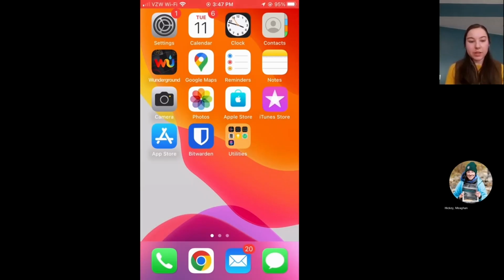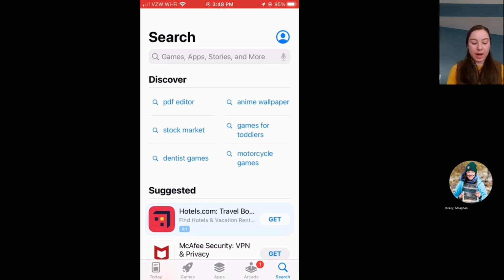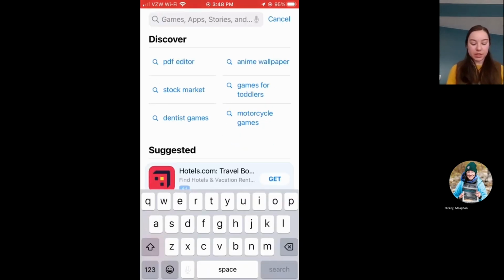Okay, so the first thing you're going to need to do, if you weren't with us last year and you don't already have the app, is download the app. So on whatever device you choose to use, whether it's your computer, your phone, your tablet, I'm using an iPhone. This should also work for Android in a pretty similar manner. You're going to open up your app store, wherever you download and buy your apps, and you're going to type in